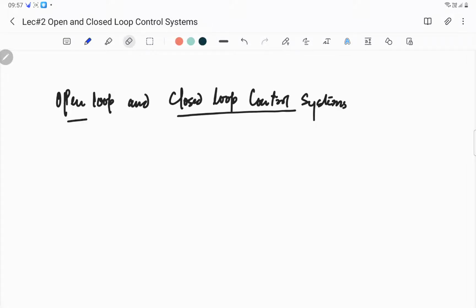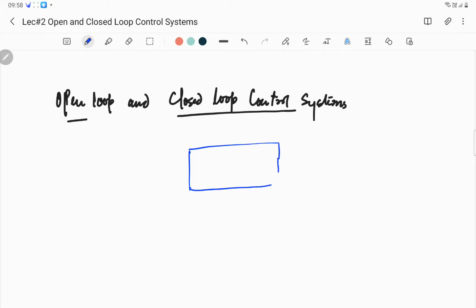Welcome to the second lecture on control system engineering. Today we'll discuss open and closed loop control systems. In the first lecture we discussed the basic structure of a control system. Now, as you know, the simplistic form of the block diagram of a control system is